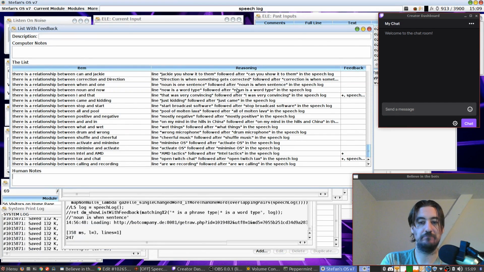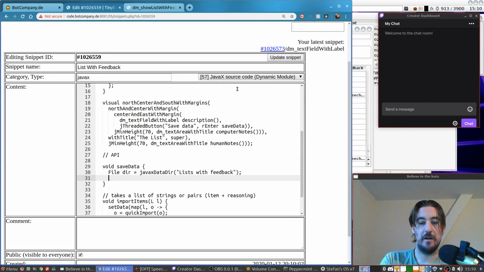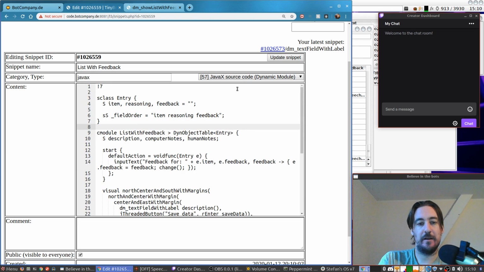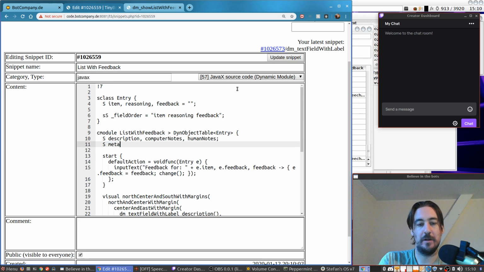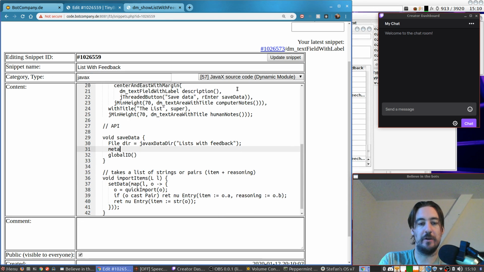And yeah, how to name this? I'm thinking we just make a random ID. We should be sure to have the date in there, which we get through file dates. Wouldn't hurt to save the date explicitly, I guess. Metadata. Yeah, why not? Metadata. Which computer was this made on?